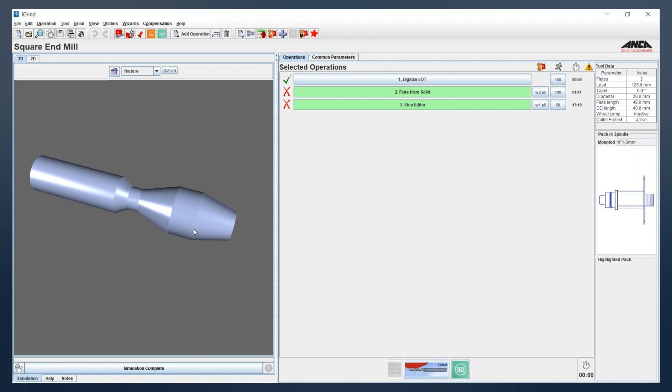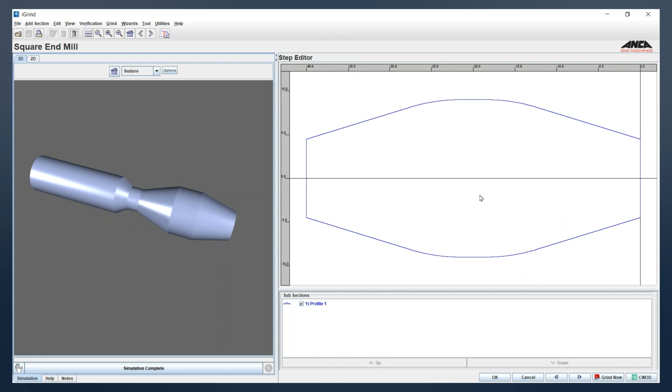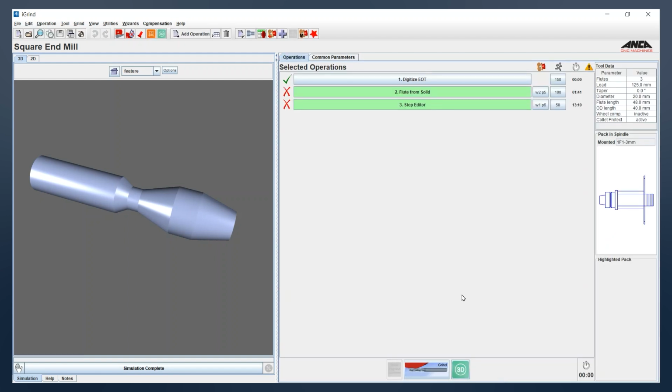So I've created a blank already here that I think is what we will use for our tool, and it's inside Step Editor. This is the profile I want to grind. So in the past it was trial and error to make sure that the blank fitted in the profile, but what we can do now is go up to our blank editor,